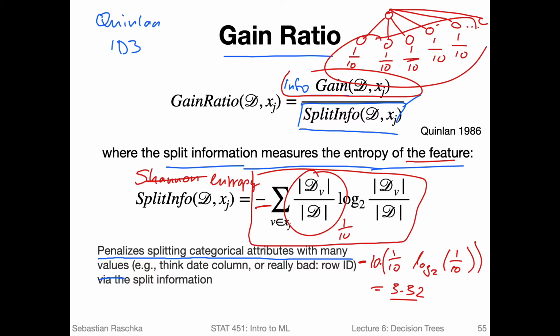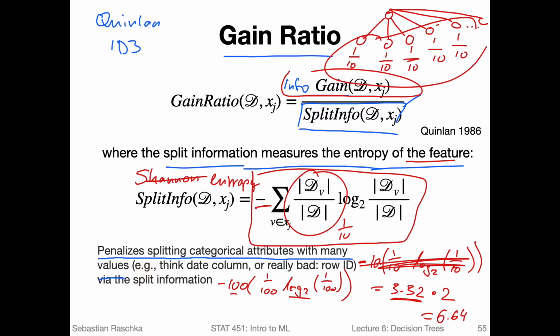Now let's say we increase the number of feature values to 100. So instead of 10 we have 100 now. So what happens is, now let's write this down. We have 100 times 1 over 100 times log 2 of 1 over 100. And if we ignore this for now, and this is the same with 100, this would be this value times 2, right? Because this is a log 2, and we have now 100, so we would have 6.64. So if we have 10 times more feature values, because of this log, it will double the entropy.